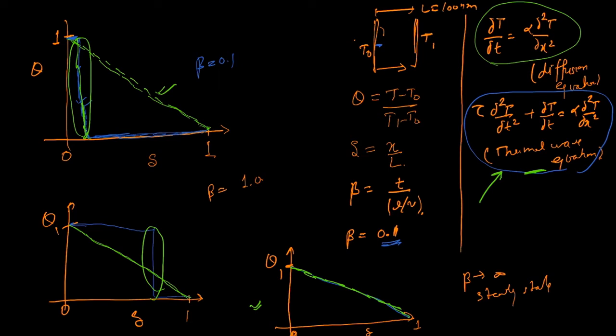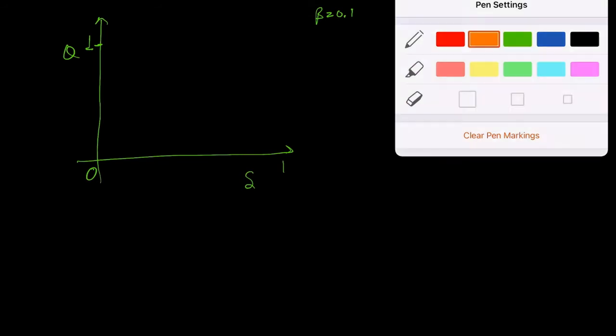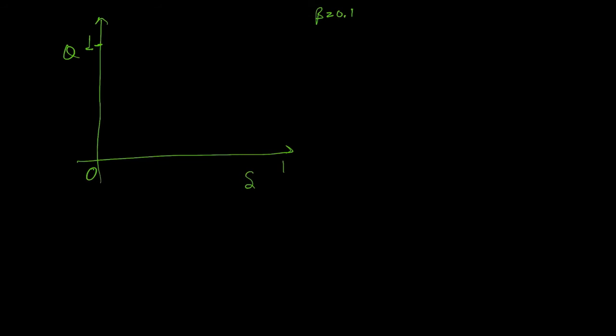Okay. So let me give another case, which we would discuss, I think, next Friday, Saturday, Sunday. Not only these two models, we could again plot the same quantity theta and delta, from 0 to 1 and 0 to 1, and we could take it at a small value of beta equal to 0.1. So if it's a thin film, what would happen is that Fourier's law, at small time, would have a little bit of curvature. It would be like that.